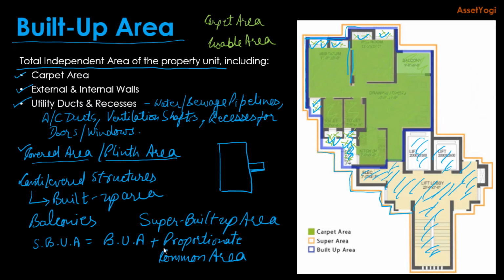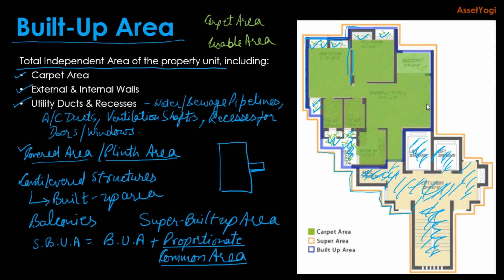And when we talk about this proportionate common area, we are talking about only the built-up common area and not the open common area. For example, your parks, gardens, driveways, these are open common areas and these are not included in the super built-up area. And you have to include only the built-up common areas. For example, your lobbies, lift shafts like this one, then lobbies, staircases, this common electrical room. So these spaces which are built up and are used by all the people, that are to be included in the common area. I think you have broadly understood what is built-up area and what all is included in the built-up area, carpet area, super built-up area and covered area or plinth area.